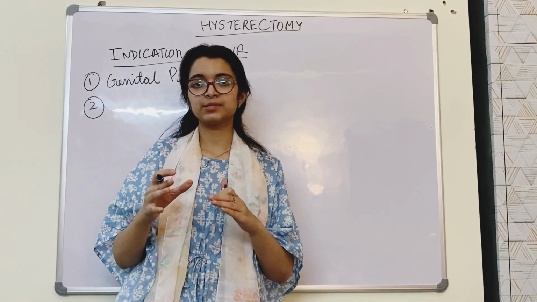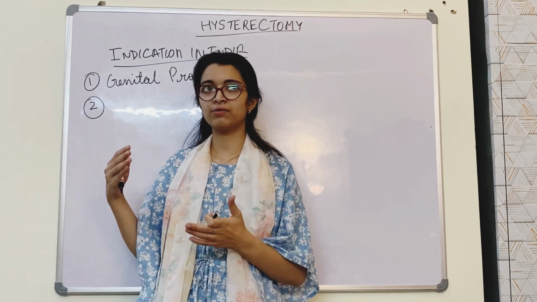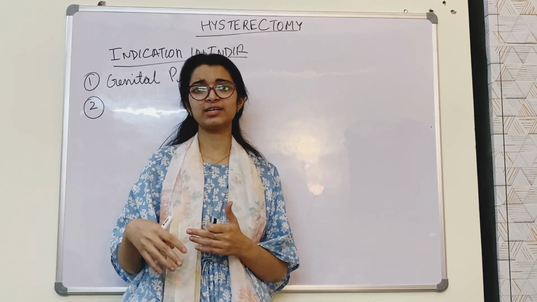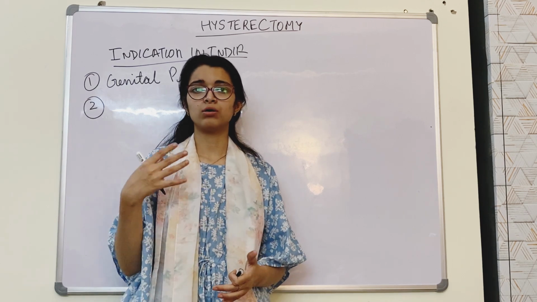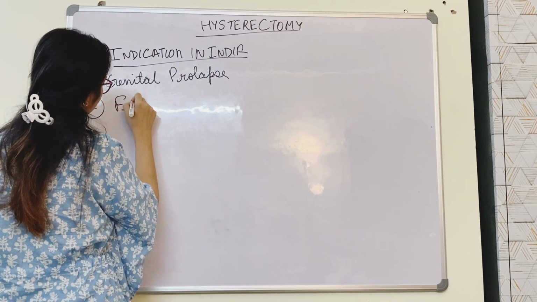So genital prolapse means the bulging out of the genital part, anything that can bulge out. That can indicate that there is a requirement of hysterectomy, like sometimes the uterus comes out or something like that. Genital prolapse. Second is the fibroids. If there is a fibroid in the uterus,